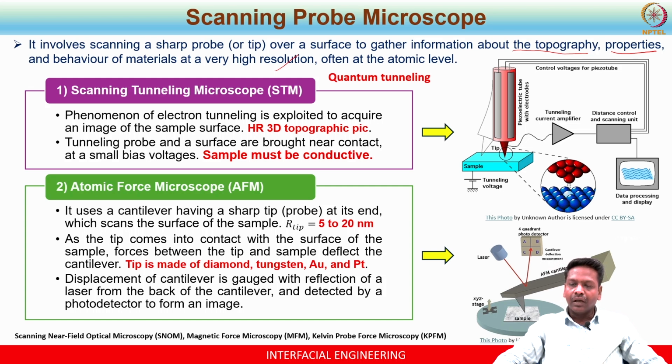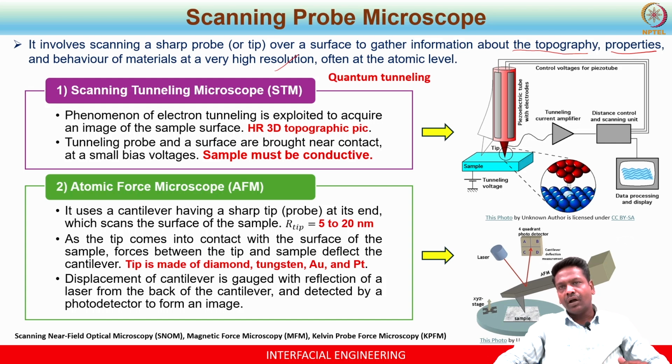How does a scanning tunneling microscope work? Often it is called STM, and we also call the atomic force microscope AFM. Now, in STM there is a very sharp tip attached to a cantilever, and when you bring this tip very close to the surface, maybe at a distance of, let's say, 1 nanometer, something called quantum tunneling happens. This means there will be a flow of electrons from the tip to the surface or vice versa.